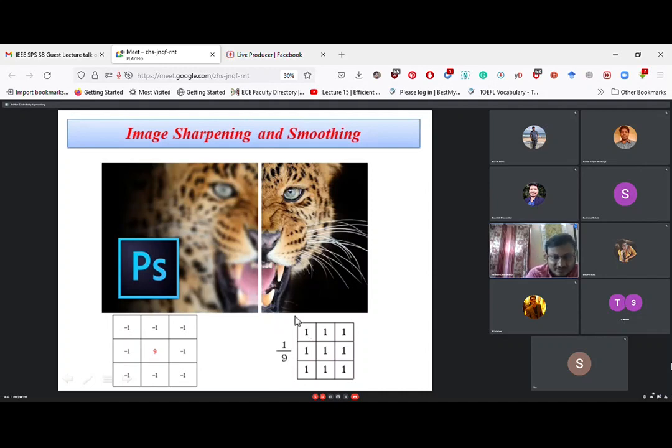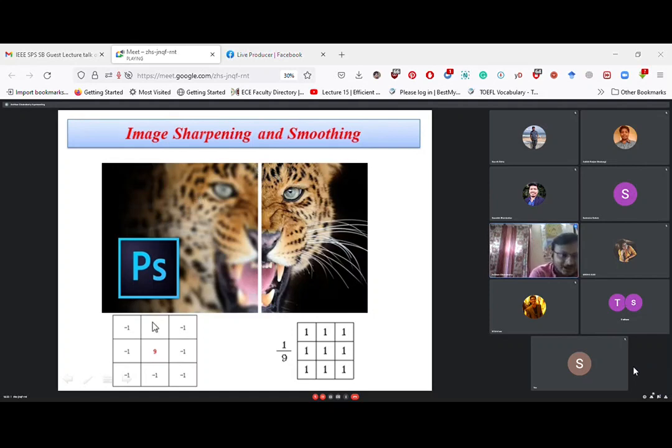Why? Because suppose here we apply this filter. So with 1, 1, 1, all the pixels will be multiplied with this kernel, and it will be added. After that, it will be divided by 9. There are 9 pixels. So 9 pixel intensities will be added, and divided by 9 to get a single intensity here. It means all the intensity levels are averaged. So if we average all the intensity levels, then the finer details will be lost. We have averaged everything. So averaged means finer details are lost. So we will get a blur image.